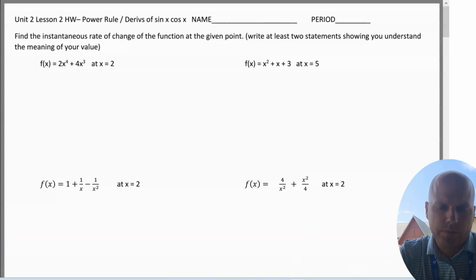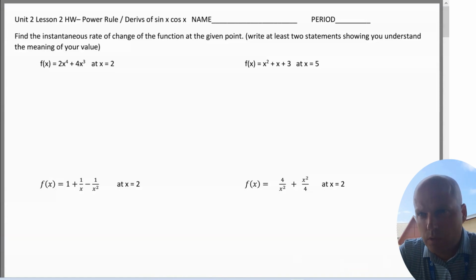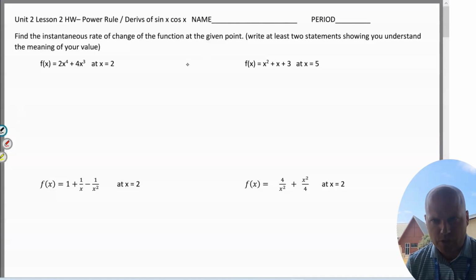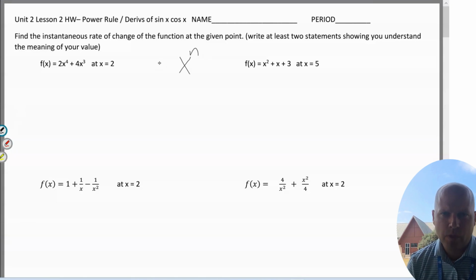Okay, good students. We are going to do the lesson 2 homework. It's one of the most important homeworks of the year, because you are now in charge of creating these slope equations. We learned one of our first rules of slope equations: if you have a polynomial, some sort of x to the power, doesn't matter what the number is, as long as the number is in the numerator,